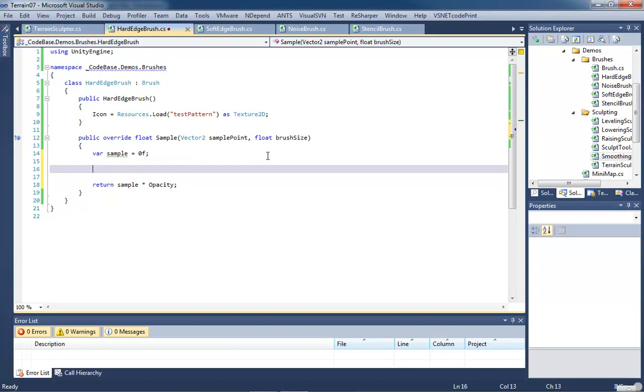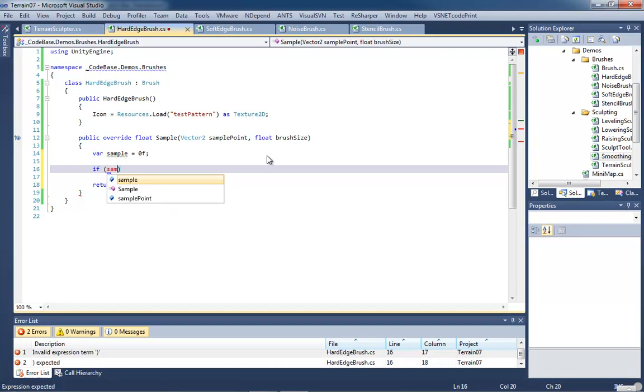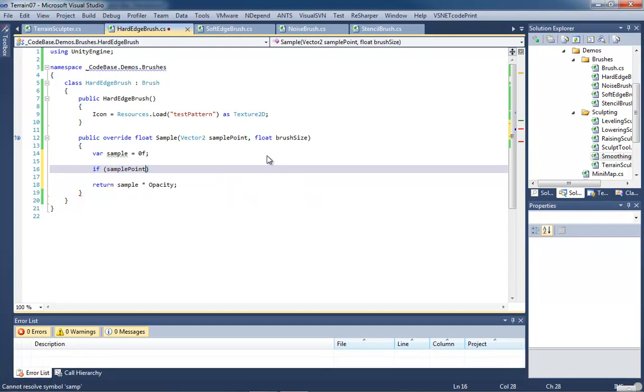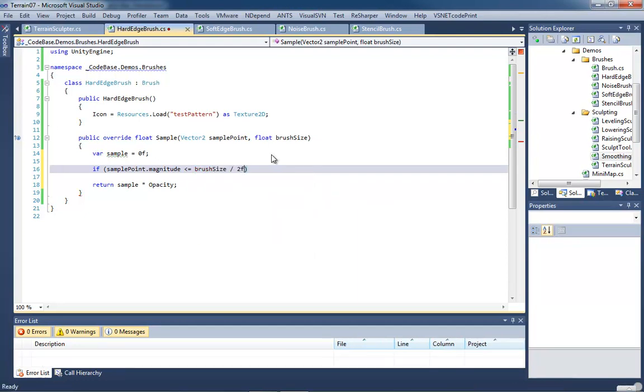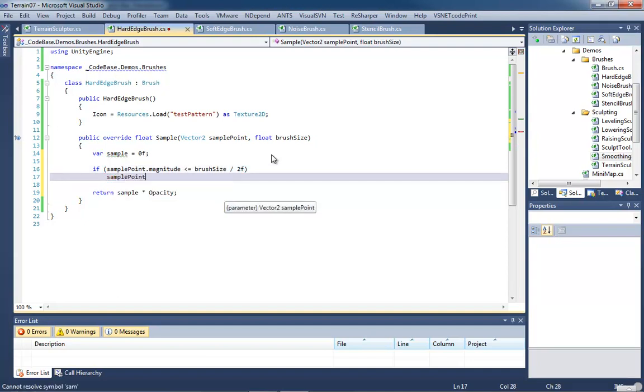Now, let's calculate what our sample is going to be. We're going to do a conditional that's going to take our sample point. We're going to check its magnitude. So if you remember, sample point is a Vector2. So we're going to check its magnitude, and we're going to compare that to our brush size divided by 2. So if our sample point's magnitude is less than half the size of our brush, then we want to return a height, or our sample value,